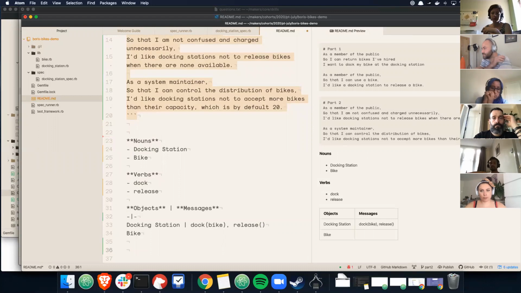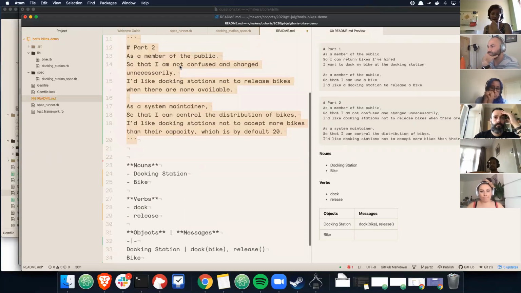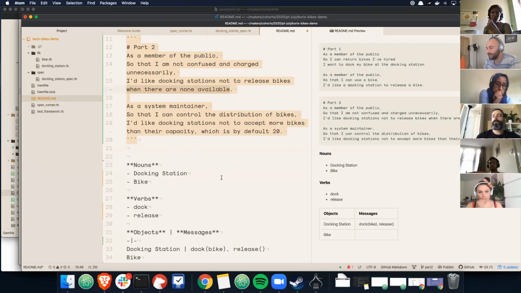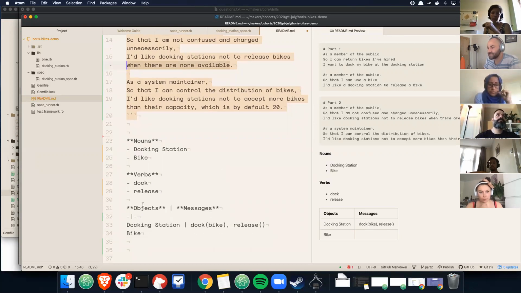So if I look at part two: as a member of the public, so that I'm not confused and charged unnecessarily, I like docking stations not to release bikes when there are none available. I don't see any new nouns or verbs in this part. We're still using the docking station as our noun, release as our verb, bike as our noun. But there's a condition, a scenario here, which is interesting to me. So I still have the same objects and messages,